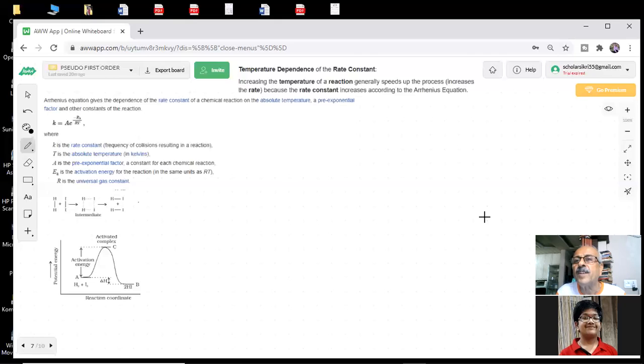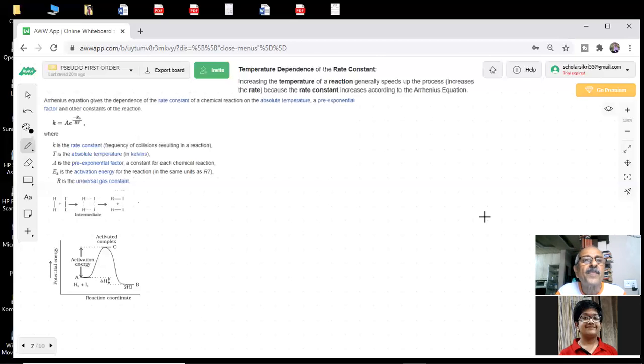Arrhenius was a scientist who studied the effect of temperature on the rates of reactions, and he gave a very important relationship after studying a large number of reactions and the effect of temperature. That equation is very useful because it will help us in solving a large number of questions and problems, students. Numericals are expected on this also, and some basic concepts should be understood by us.